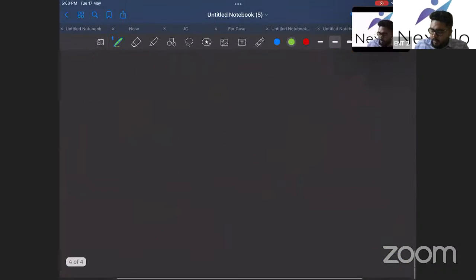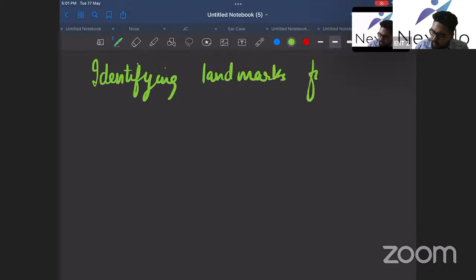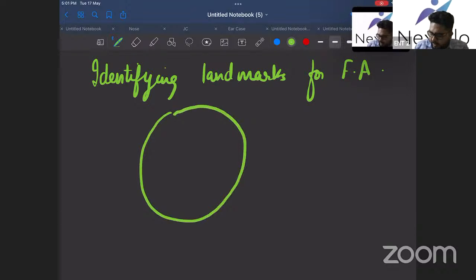Okay, so here we'll not go into too much theoretical detail. I'll just stick to few basic things. Identifying landmarks for facial nerve. If you consider internal acoustic meatus, where there is a horizontal septae, there is Bill's bar, this is anterior, this is posterior,